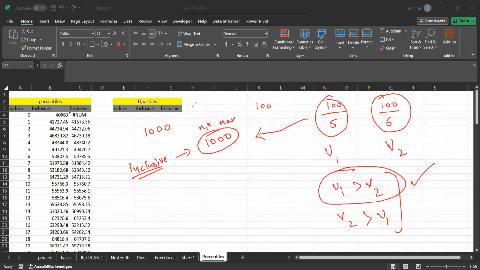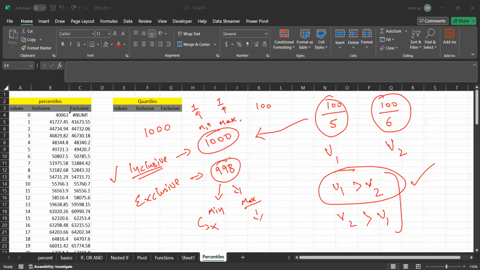Minimum is one value, maximum is also one value, and both of them are included. But in exclusive, there are only 998 values involved because minimum and maximum values are excluded from this data. They're not used in the calculations, which is why when you divide it by a higher number,